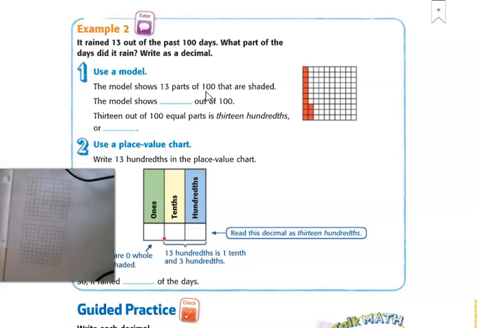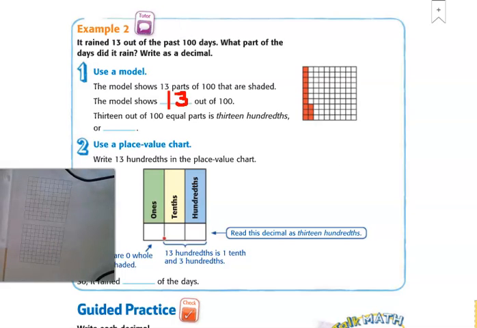The model shows 13 parts out of 100 that are shaded. 13 out of 100 equal parts is 13 hundredths,